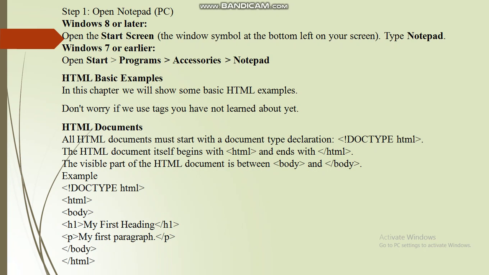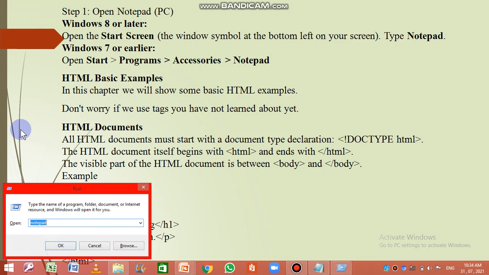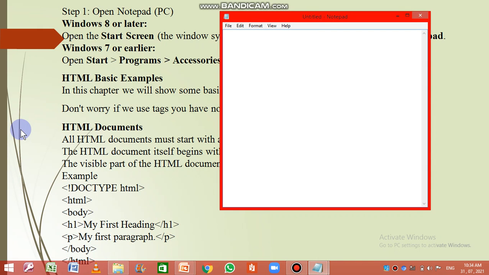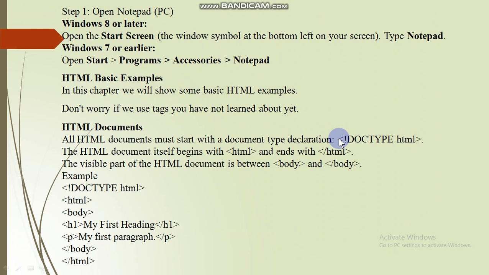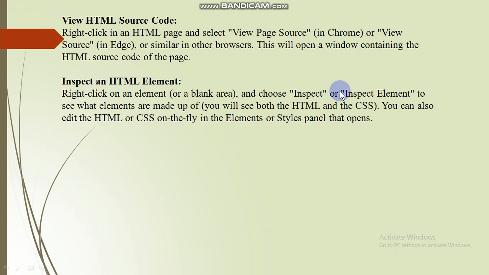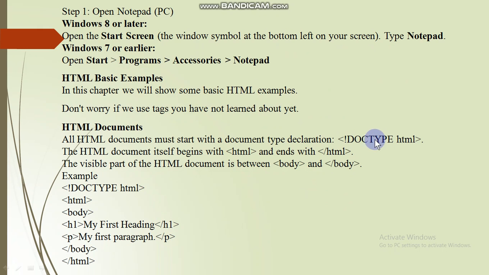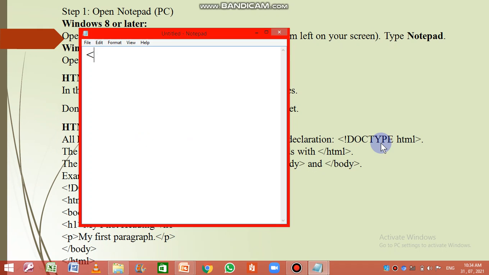So let us see one example. Let us create one example of how we create a web page and how to run it. Suppose here I am going to create a web page. As you can see here, it says that whenever you start any web page, you must put this doctype html. Right now I am not going to put that doctype. I directly start my code from <html>. Then <head>, and inside head we must put <title>. Any title, first page. Title close, head close.